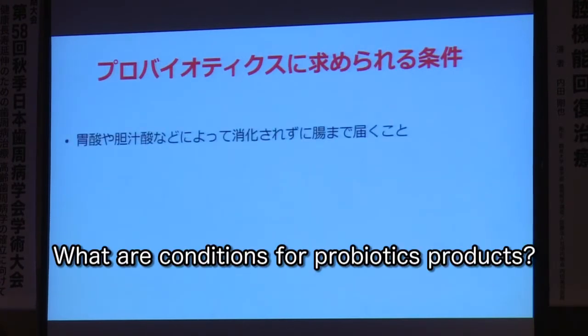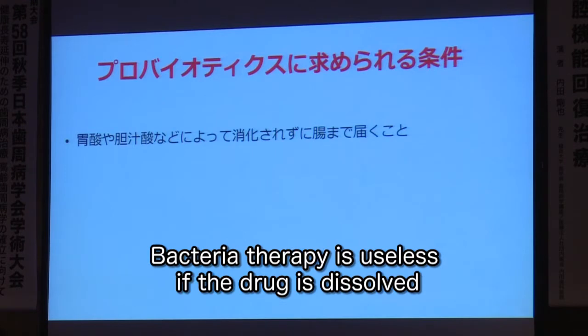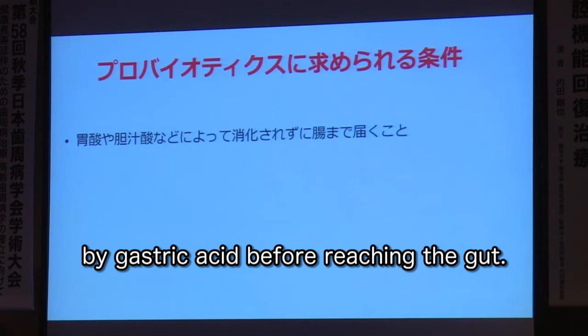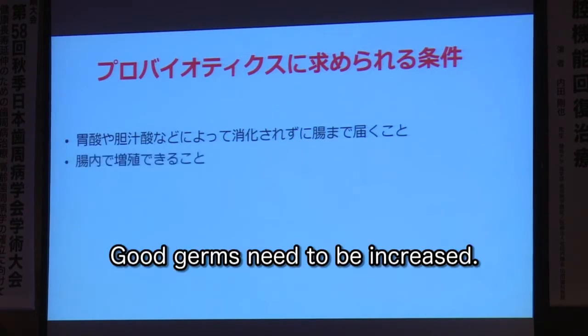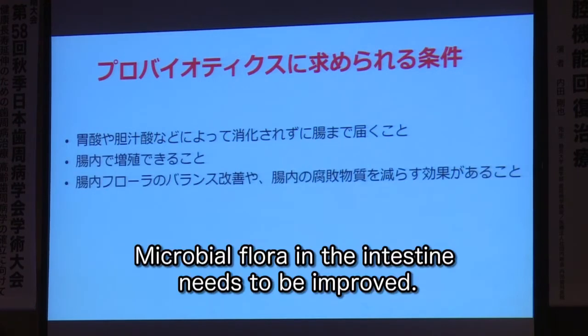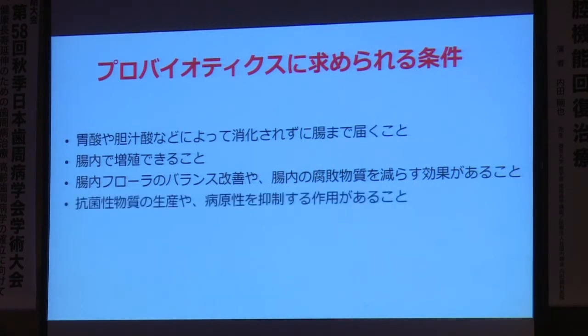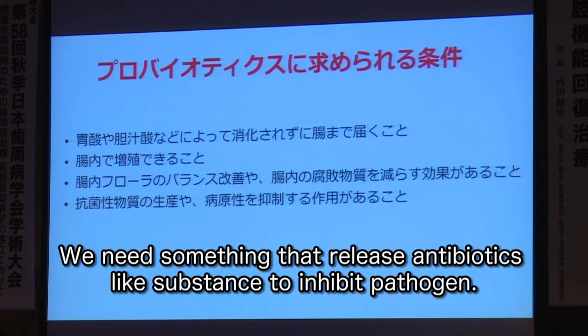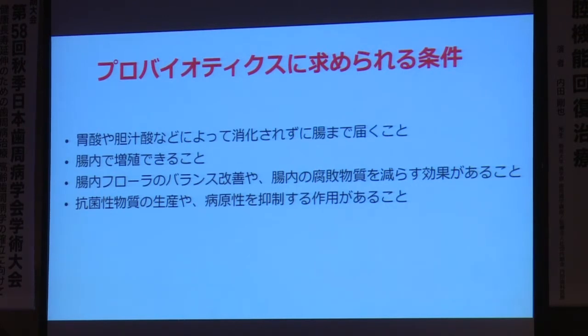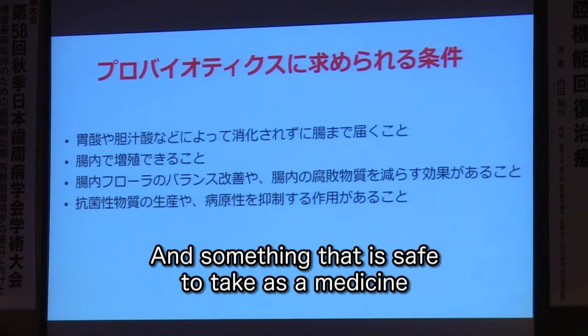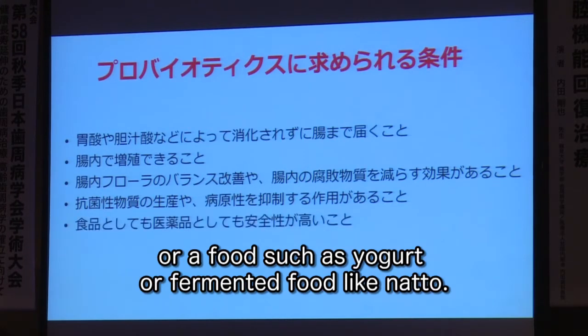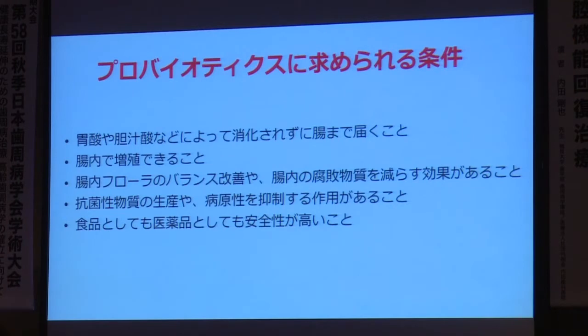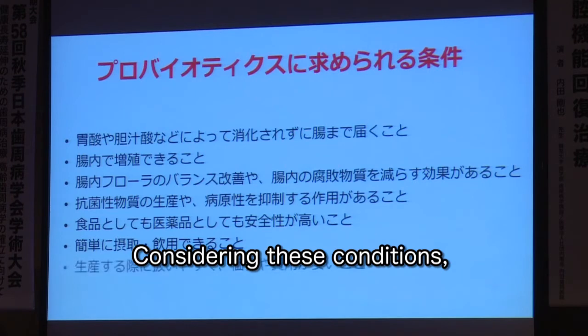What are the conditions for probiotic products? Bacteria therapy is useless if the drug is dissolved by gastric acid before reaching the gut. Good germs need to be increased. Microbial flora in the intestine needs to be improved. We need something that releases an antibiotics-like substance to inhibit pathogens, that is safe to take as a medicine or a food such as yogurt or fermented food like natto, and that reaches the gut. Considering these conditions,